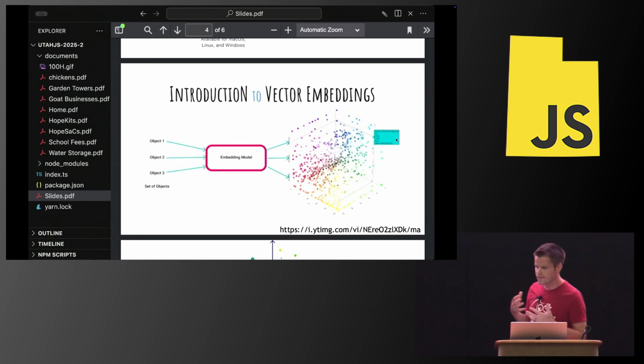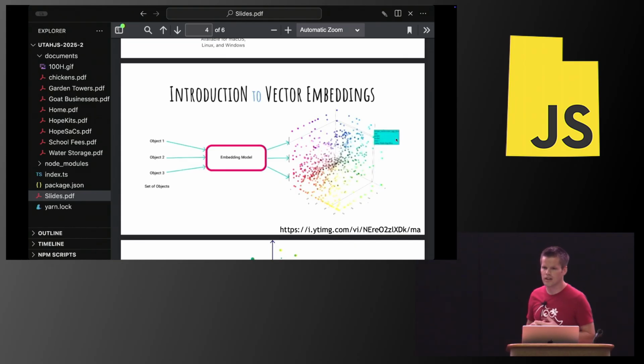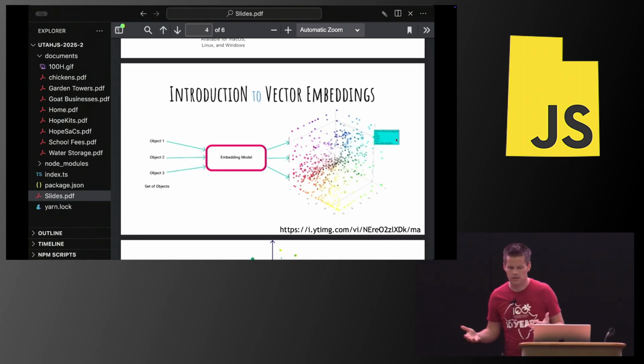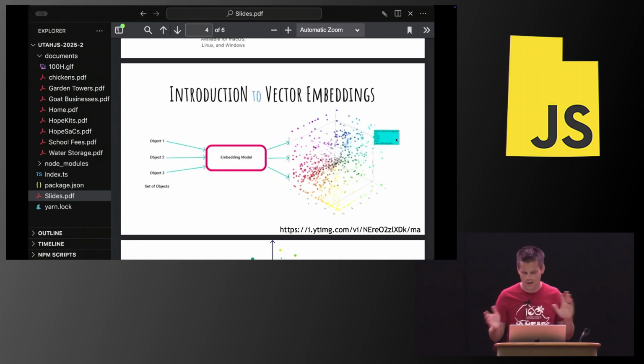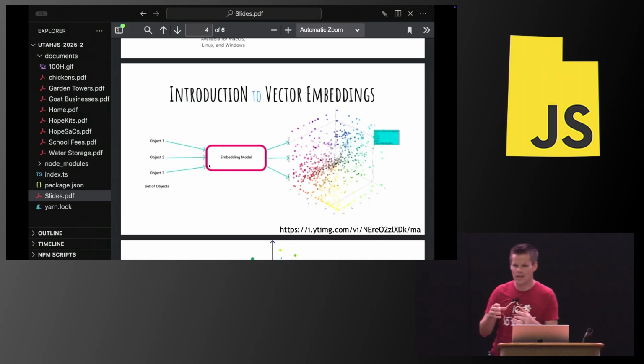OK, so what are vector embeddings? Basically, there are AI models that have a good understanding of the semantic meaning of words. They're not large language models. You can see how they're related, and they have some similarities, but this is not a large language model. This is just a semantic understanding engine. And what we do is we pass some text to this embeddings model, and then it produces a vector, which is an array of numbers,